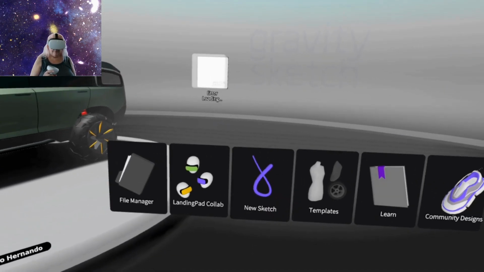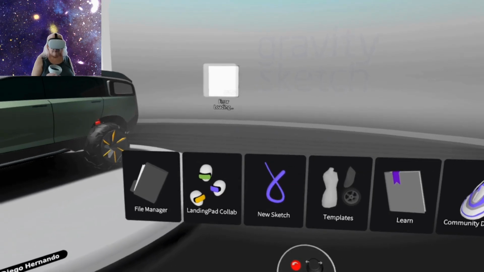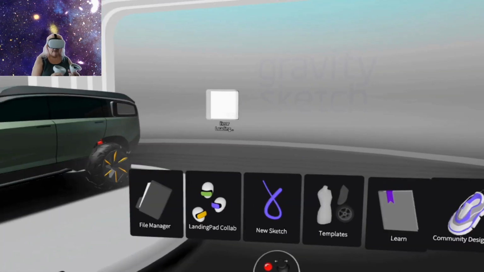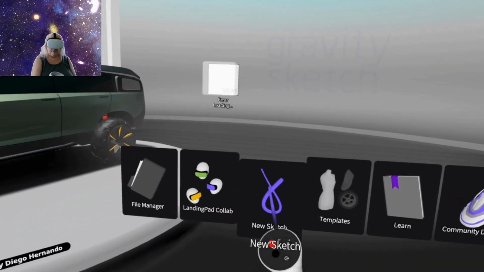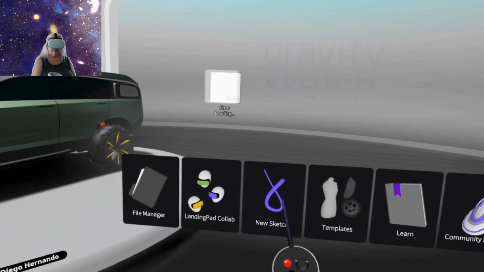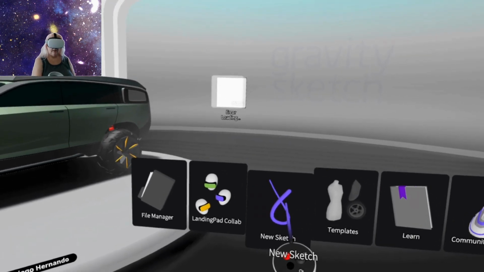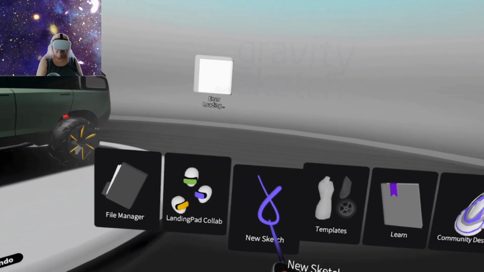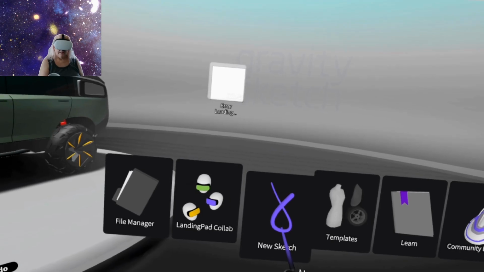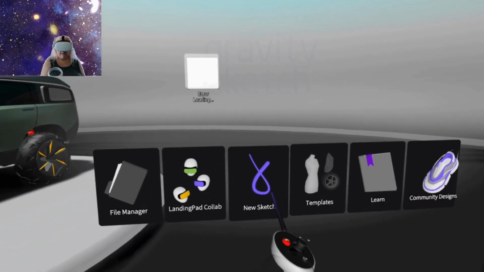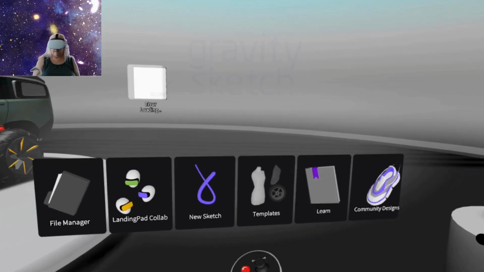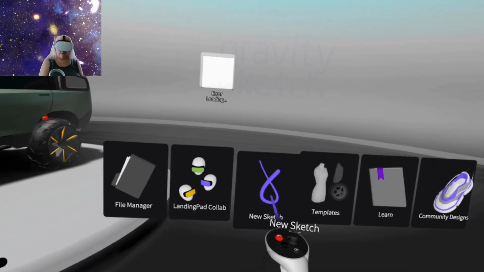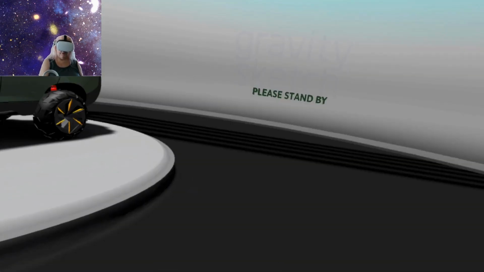One thing that I found is that when you near something that you can interact with, this little pointer will come up, and when it contacts something you can interact with, it will change color. Right now it's purple, and some things, like a keyboard, the minute you press on the keys, they will be interacted with. But some things like this one, you have to then pull the trigger on